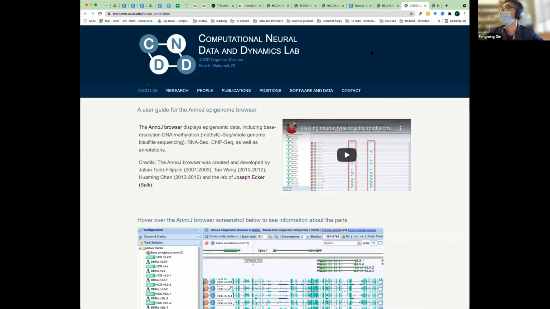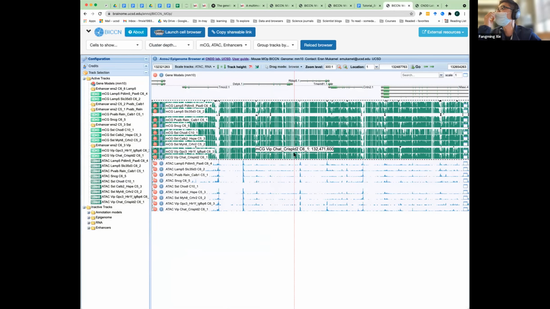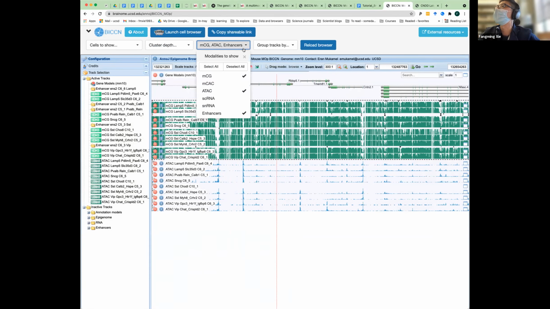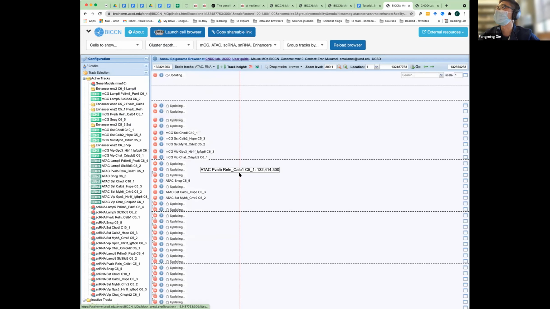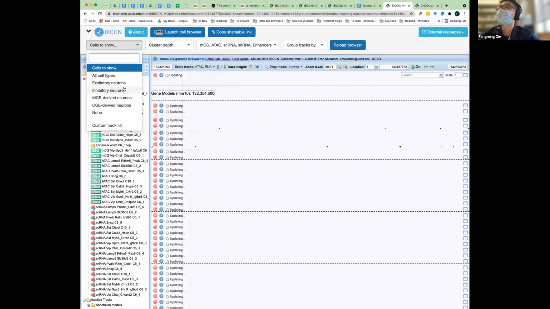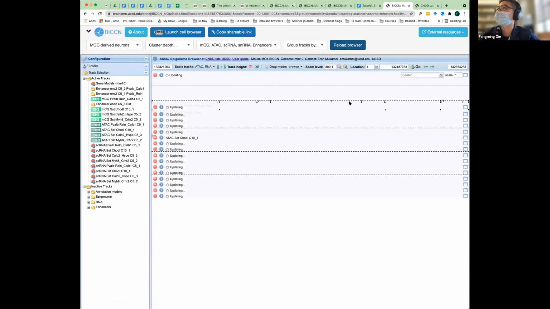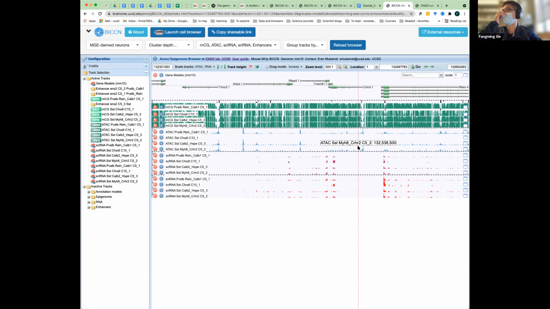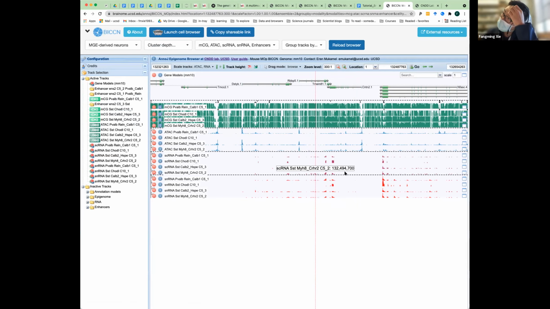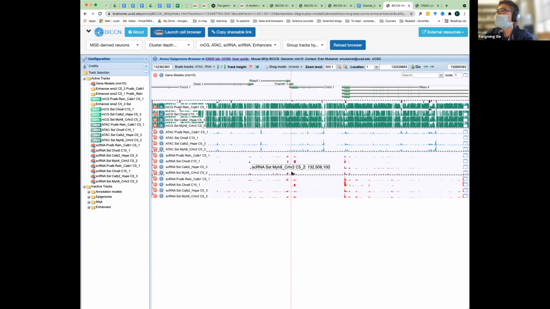Oh, another important feature I forgot to show you is, so sometimes, let me first show you all of the tracks, and by selecting only a few cell types so that you don't feel overwhelmed. Sometimes you feel like the height of the peak is not large enough.